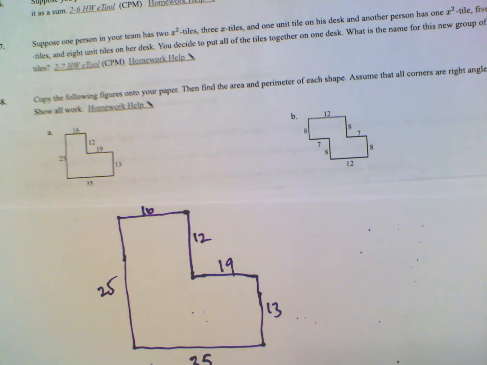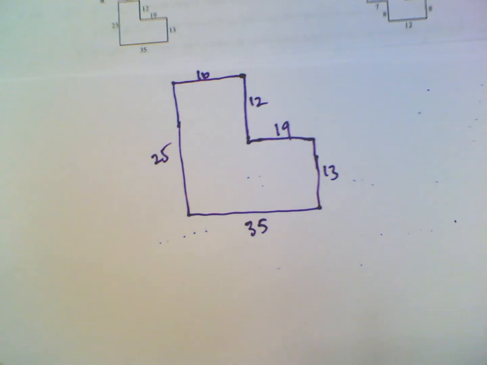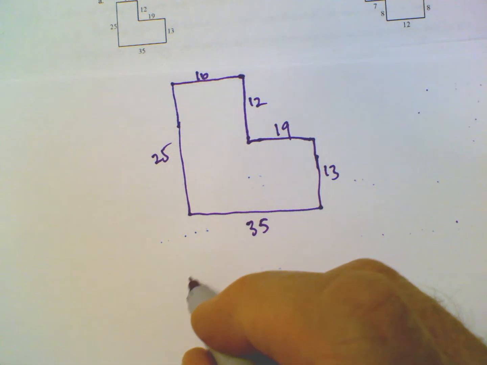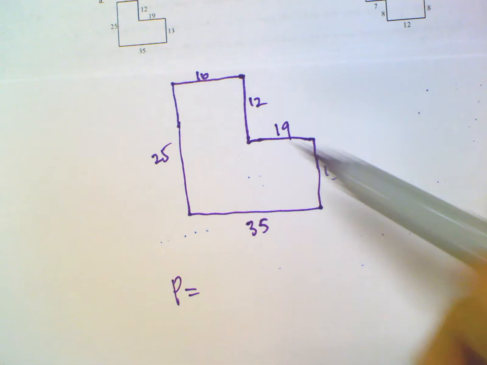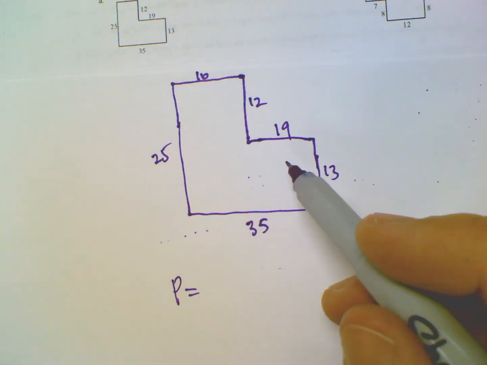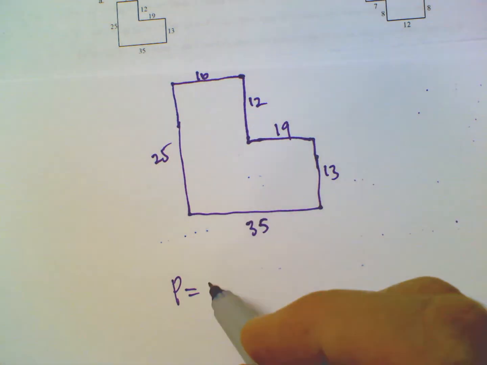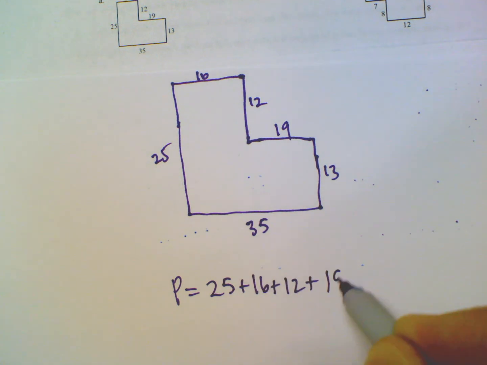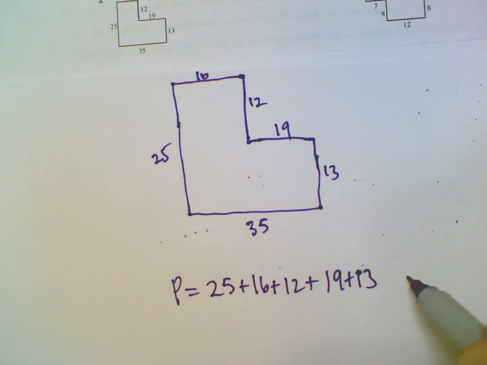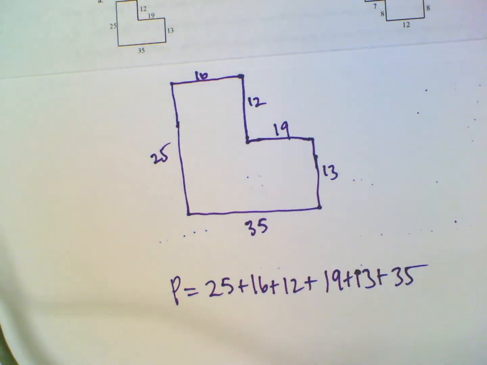So first of all, with this problem, we need to find the area and perimeter. So I can do the perimeter because I've got all the sides already labeled. Every side is labeled, so I just add all the sides up. So perimeter is 25 plus 16 plus 12 plus 19 plus 13 plus 35. So what does that give me? If I just add those up,